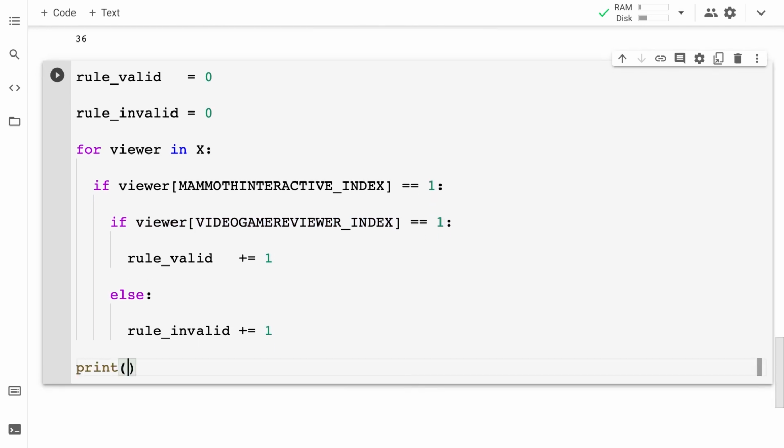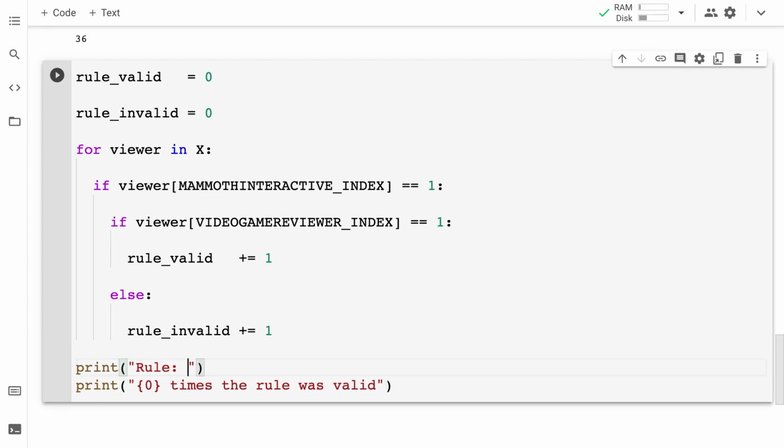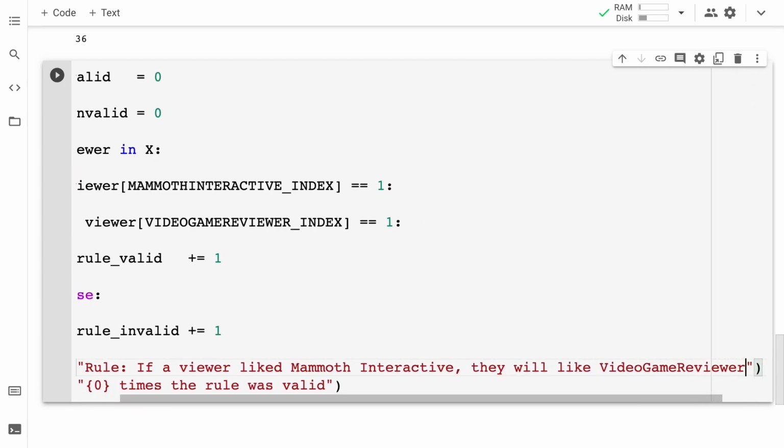So let me print here. I will print out a string and I'll inject a variable. I will say this number of times the rule was valid. I can also print out the rule. The rule is that if a viewer liked Mammoth Interactive, they will like Video Game Reviewer.